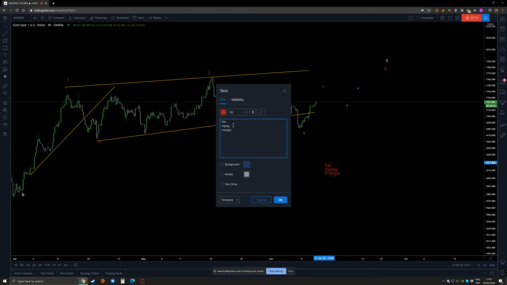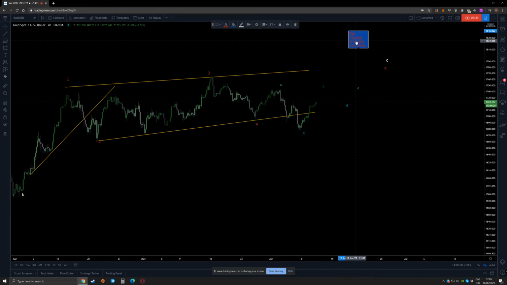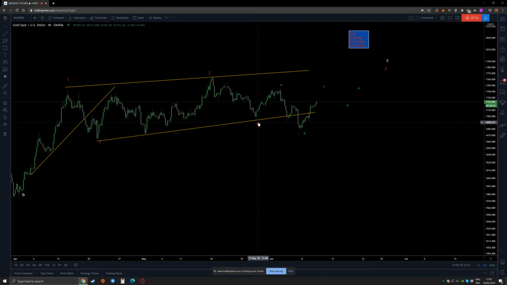Well, it can do all kinds of complex corrections as well. So it is very important for you guys to understand that for this fifth wave, we have all these options. But what I know so far for this B wave, this fifth wave at least,